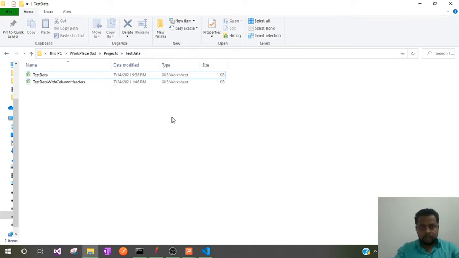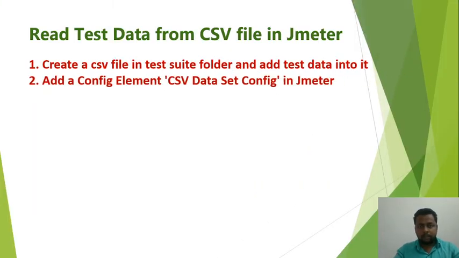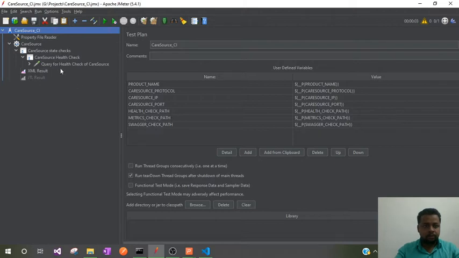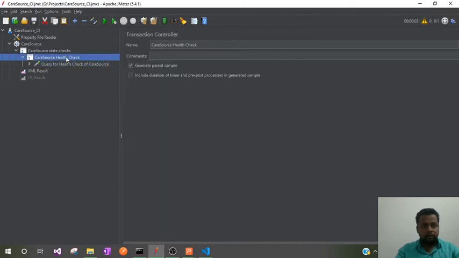So the next step is to add a config element, that is CSV Data Set Config, in the JMeter suite. Let me go to the JMeter test suite. Here I want to make use of those values in this request. For that request I can add a CSV Data Set Config. I can add it even on the HTTP request, but I can add it as part of a transaction controller to make use of those values in the HTTP request.